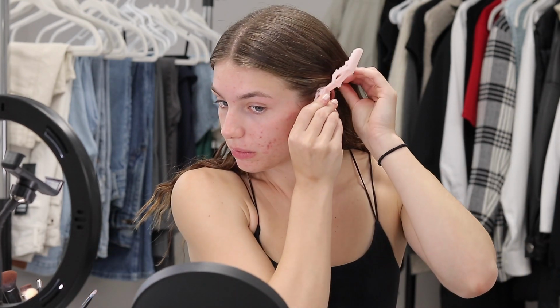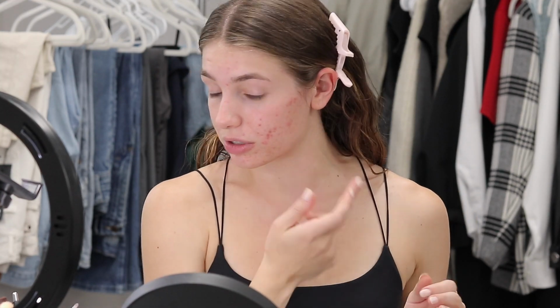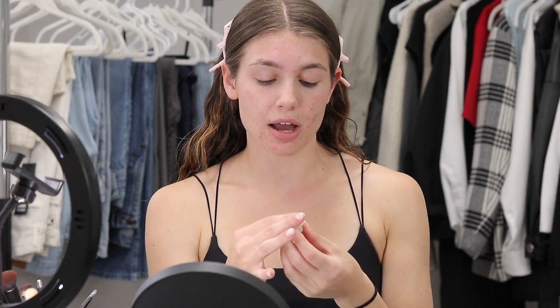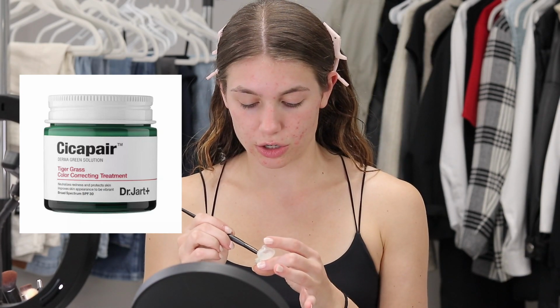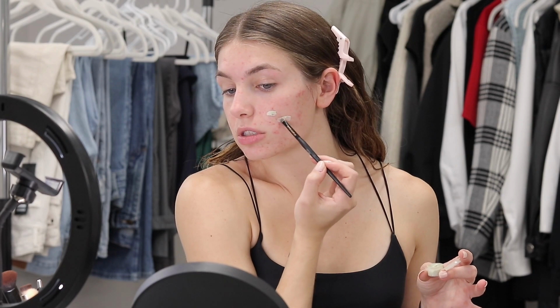I'm having a little bit of a breakout right here, but I put some product on them in a Mighty Patch last night, so they're definitely not as bad as they were, but they're still pretty dark. I got a sample, this little tiny thing right here, of the Dr. Jart, I don't remember what the exact name is, but I'll have a picture on the screen for you. I saw it online, this cream, and it's like a green skincare cream that's supposed to just take all